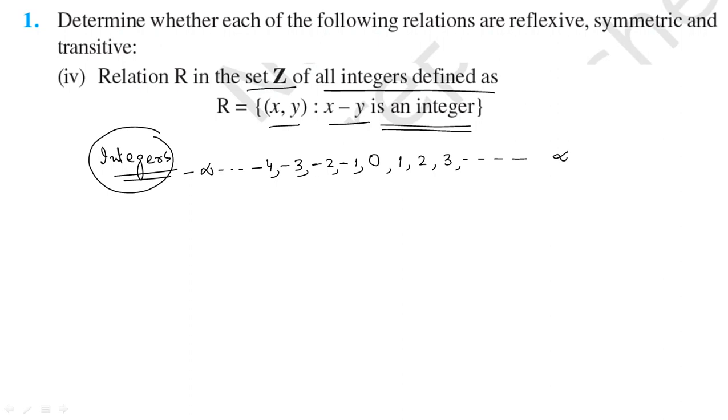Now what about the combination? What about the difference x minus y? x minus y is an integer. You can write any point. Suppose I am writing 5 minus 4, answer is equal to 1. This one is again integer. Suppose I am writing 3 minus 7, answer is equal to -4. This one is again integer. You can write any point. It means combination of all the points are possible. If I am writing same point, 1 minus 1, answer is equal to 0. Again this one is integer.